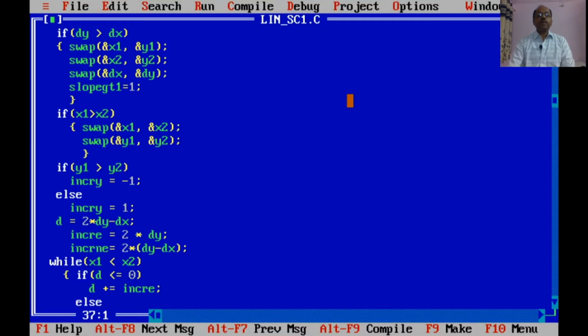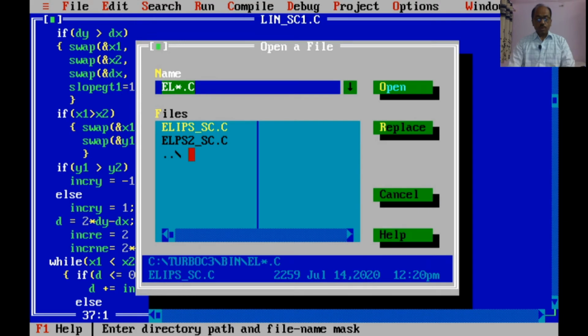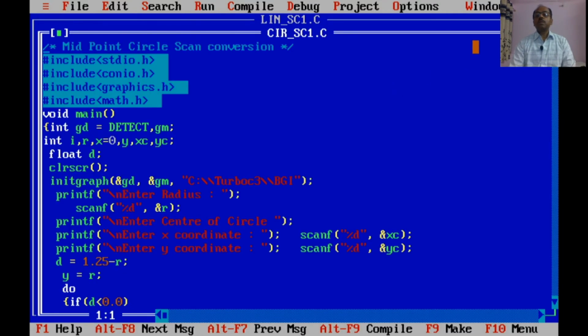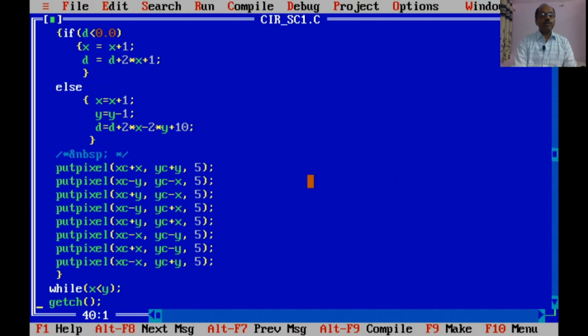Now, we will move to other primitives like the circle and ellipse. To draw a circle, we execute another program. So, this is another program to draw a circle, and the algorithm which we just discussed uses the put pixel.